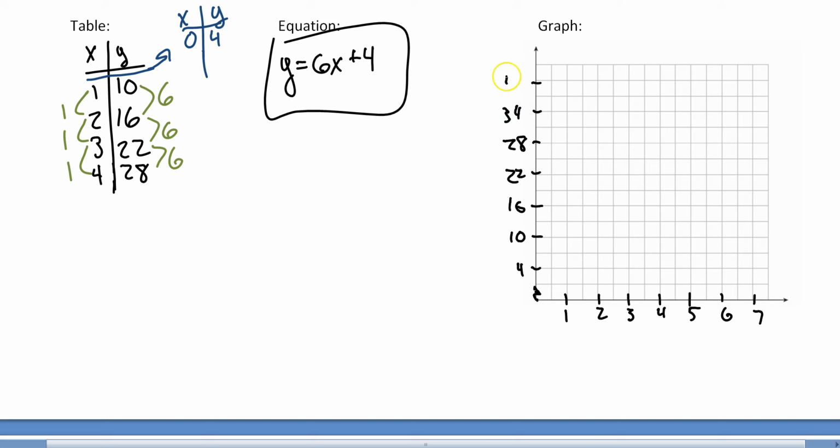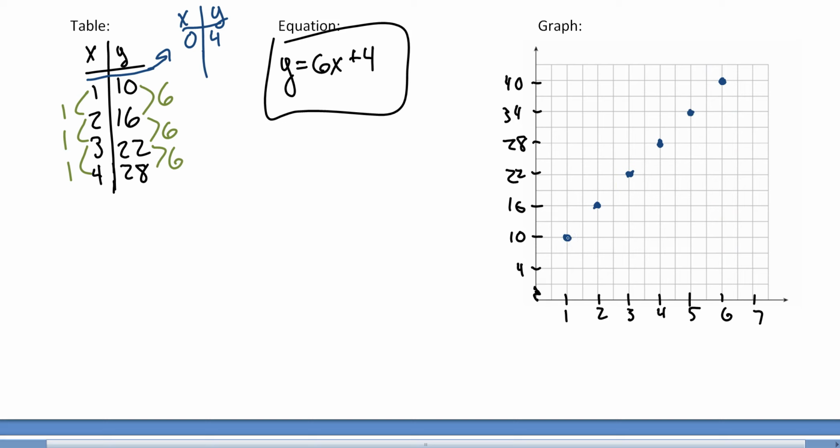34 and 40. Okay, and so as I plot this thing, again, it should be linear because they're increasing consistently. So I've got a 1, 10 is right here, 2, 16 is right here, 3, 22, 4, 28, 5 would then be this guy, 6 would then be this guy. And so as I look at this thing, this is the plot of this, and I'm not going to connect